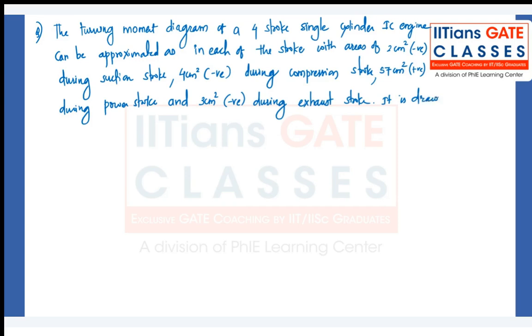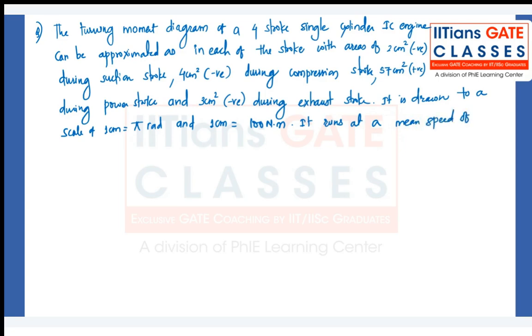It is drawn to a scale of 1 centimeter is equal to pi radian, and 1 centimeter is equal to 100 Newton meter. It runs at a mean speed of 600 RPM. The first question is, the constant load torque the engine can handle is